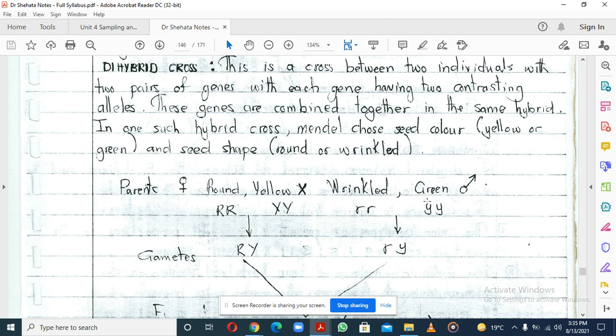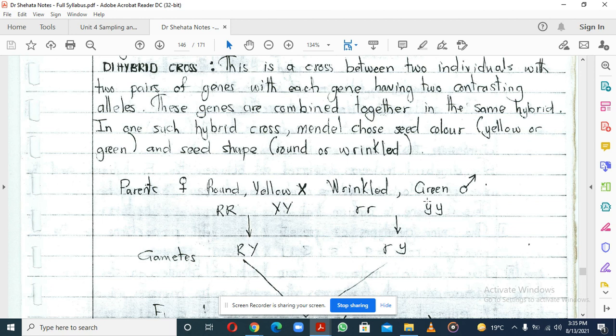Introduction to a dihybrid cross. So this is a cross between two individuals. I explained this, but there's no harm in just running through it. So a dihybrid cross is a cross between two individuals with two pairs of genes, with each gene having